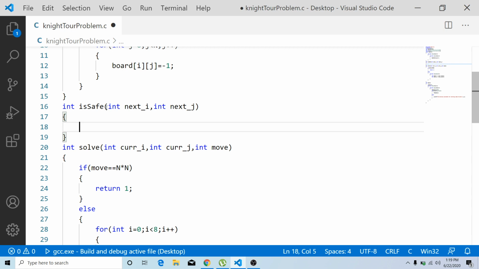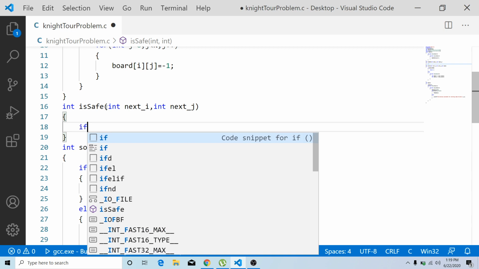Inside this isSafe function, the first thing I check is that both your i and j values have to be inside the chessboard. How to check that?